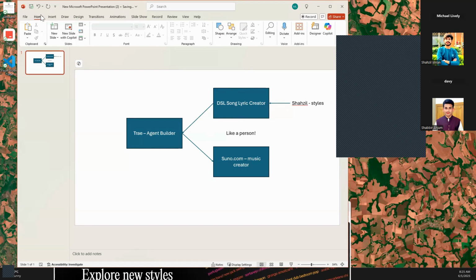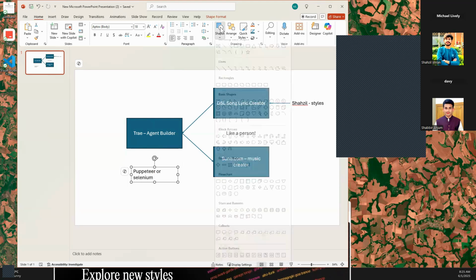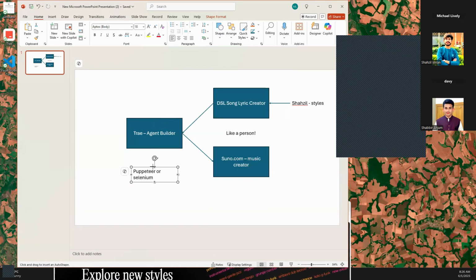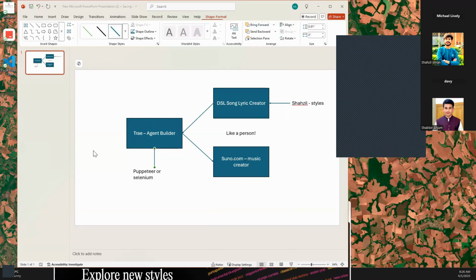Let me go ahead and give you two options that I have here. And let me see if I can get Puppeteer. There you go, Puppeteer, I think that's it. So we're going to be using that to do that coding, and we need to figure out which one. We may need to play around with that. Let me go ahead and grab this, and that's going to feed into our agentic.